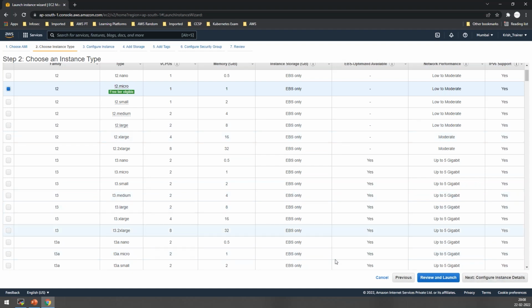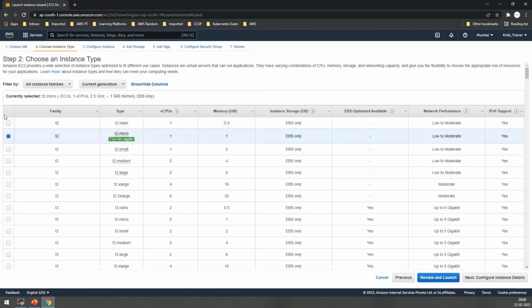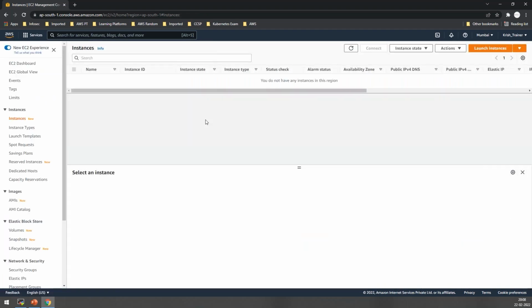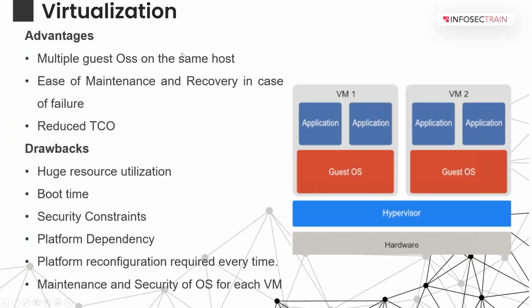No, it's not possible for the cloud service provider to deploy a server in a matter of minutes, because millions of companies worldwide are hosting trillions of servers simultaneously in the cloud platform. So how can the cloud service provider allocate a physical server for all of them? That is why in cloud also, virtualization is the heart of the technology, because that is the key underlying technology which runs the cloud platform. The same thing is used in containers as well. So let me tell you what virtualization is.